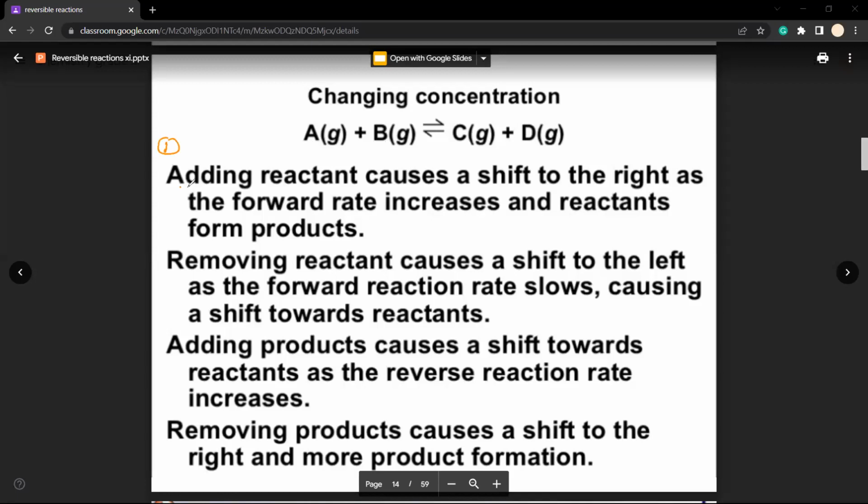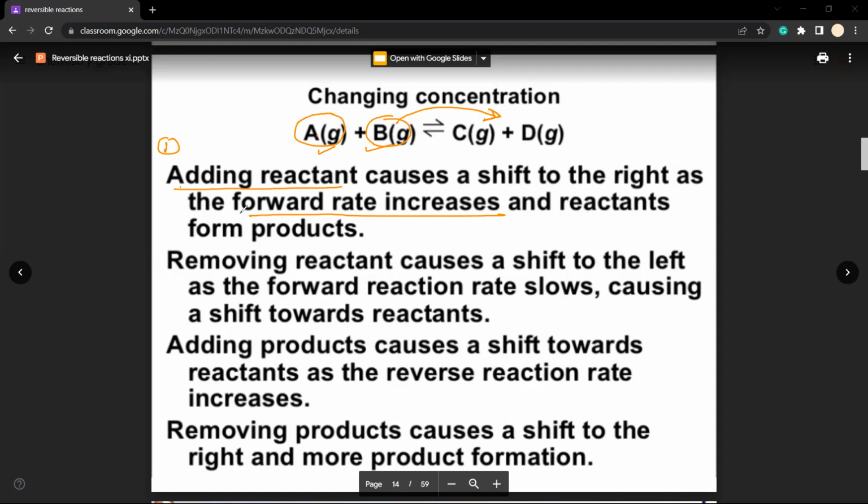If we add a reactant, any reactant can be A or it can be B. Adding a reactant causes a shift to the right as the forward rate increases, ठीक है। तो अगर आप A या B में से किसी की कॉन्सेंट्रेशन इंक्रीज कर रहे हैं, तो ऑटोमेटिकली रिएक्टेंट्स इंक्रीज हो रहा है, that will lead to the forward rate increase, and hence the reactant forms the product. तो आपका रिएक्शन रिवर्सिबल होके फॉरवर्ड डायरेक्शन में जाने लगेगा, ठीक है।